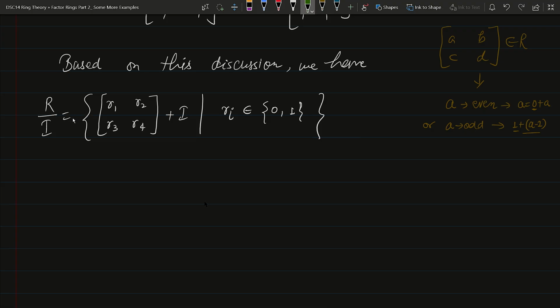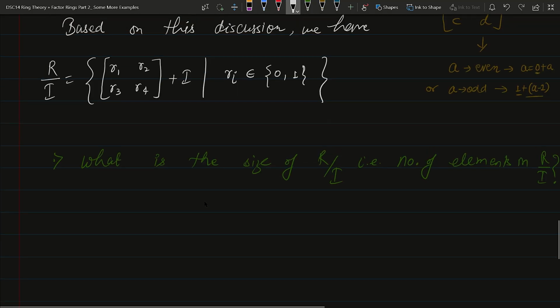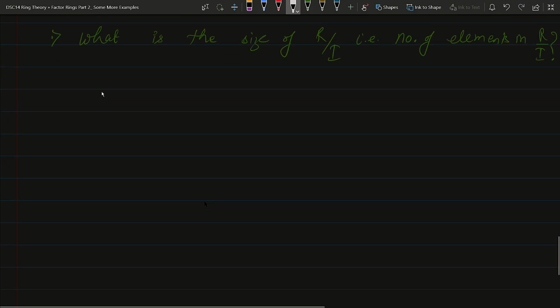ठीक है, अब हमारे लिए जो नेक्स्ट क्वेश्चन है वो ये है कि इसमें टोटल नंबर ऑफ एलिमेंट कितने हैं, इस पर्टिकुलर सेट की साइज क्या है। ओके, so the next question is what is the size of R by I, that is number of elements in R by I, इसके बारे में हम बात करना चाह रहे हैं। ठीक है, अब R by I में you can see जब हम किसी भी इस तरीके के एलिमेंट की बात करेंगे तो जब जब ये एलिमेंट डिफरेंट मिलेंगे हमें डिफरेंट एलिमेंट ऑफ R by I मिलेंगे। तो हमें ये देखना है कि R by r1, r2, r3, r4 जब ri's 0 और 1 हो सकते हैं तो उस केस में ऐसे कितने टोटल नंबर ऑफ एलिमेंट्स मिलेंगे।